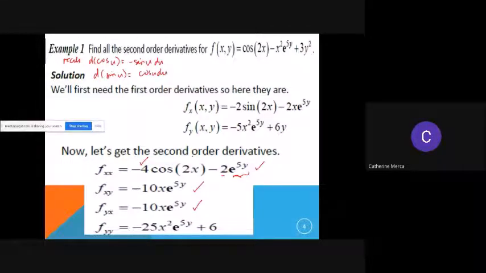Then f_yy. So we take the result with respect to y. With respect to y, the first term has a 6, right? That is its derivative. So you have this. How about this one? It is constant, but e to the 5y, it's e to the u du. What's du? 5. So times this, we have negative 25. Okay? It can be confusing if you have not mastered your basic differentiation formulas, and the concept of partial